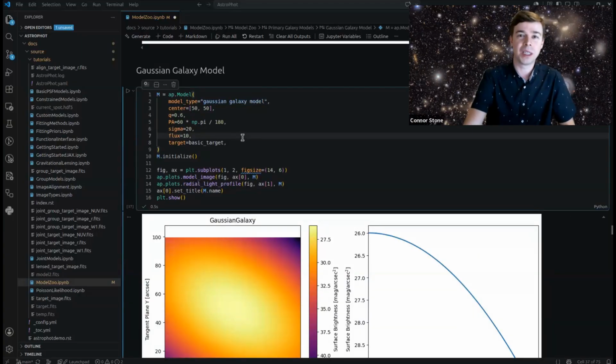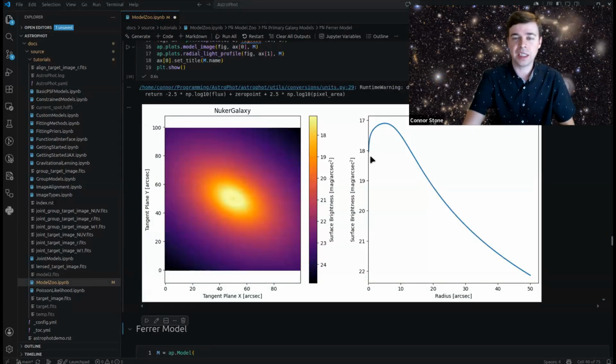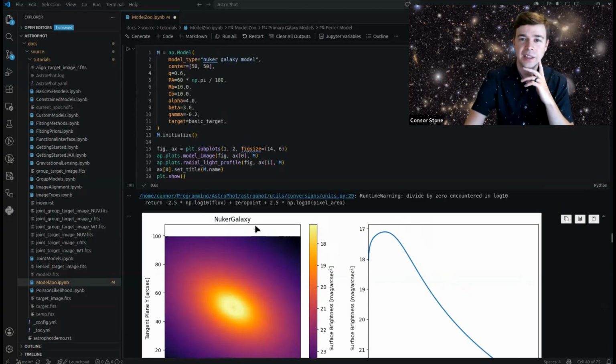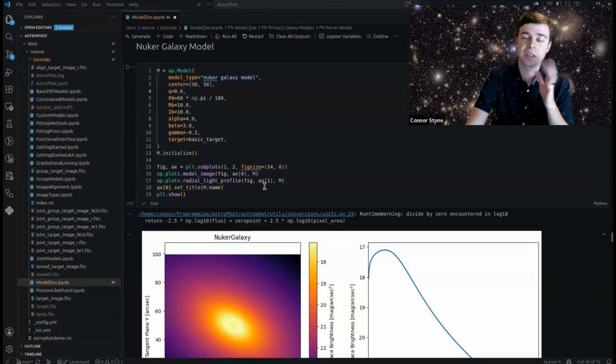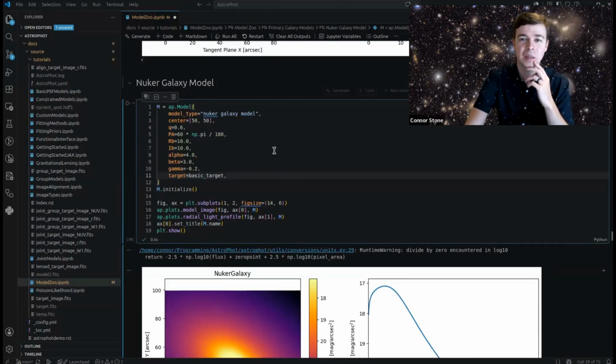It's a little more numerically efficient. Now here's the Nuker model. This lets us generalize a little bit. It has essentially two slopes, one for the inner parts, one for the outer parts, and having that flexibility lets it handle cases that the Sersic necessarily wouldn't be able to handle. It has a few more parameters, of course, in order to handle that, but the Nuker is a pretty widely